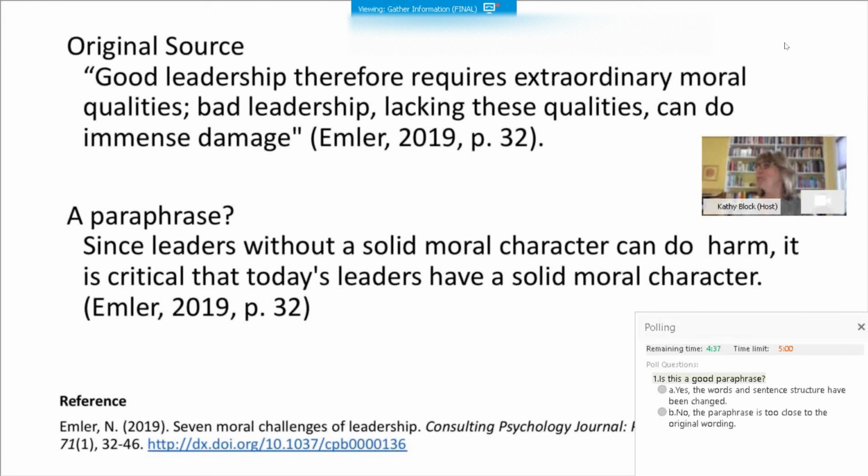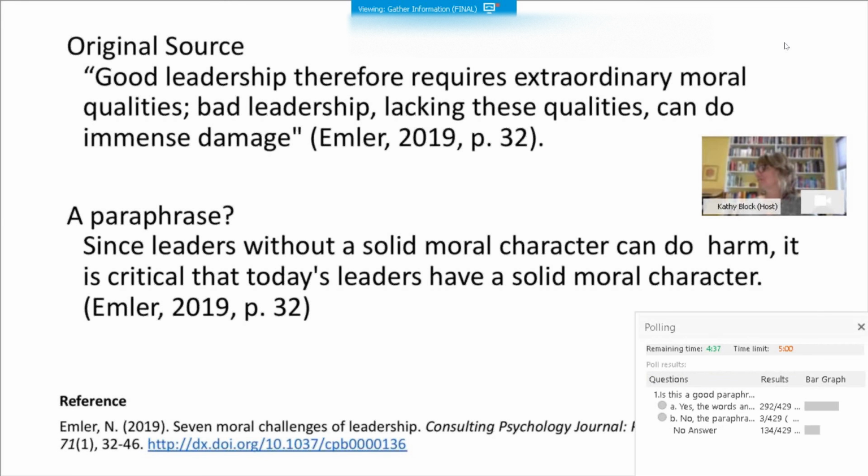Thanks so much, everyone, for taking a look at these paraphrases and answering the poll. This one is almost ready to be published. Almost everybody said, yeah, the words and sentence structure have been changed enough. And in fact, yes. This is the one that would be considered an adequate, a good paraphrase of the idea